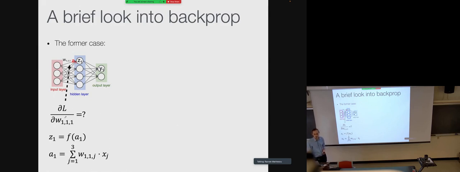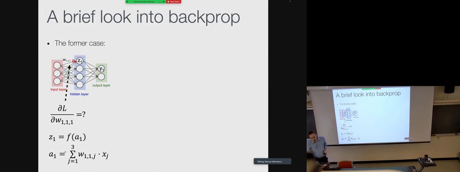So this one with W111 instead of this other weight. I've labeled these again. This is Y1, this is Z1, and we have an activation coming into Z1 from all these weights. For all these three input neurons, we have activations coming from them. This is just some notation that I labeled here, and this is the weight. This weight is just this edge here on top. This is weight 111. So how do we compute the gradient of L with respect to W111?